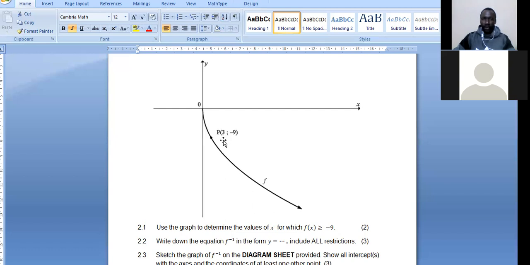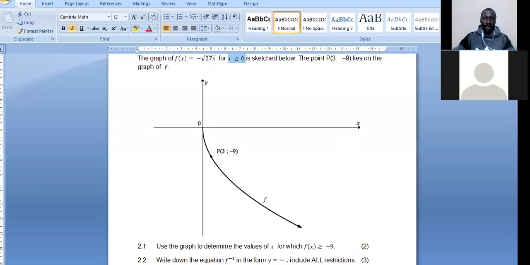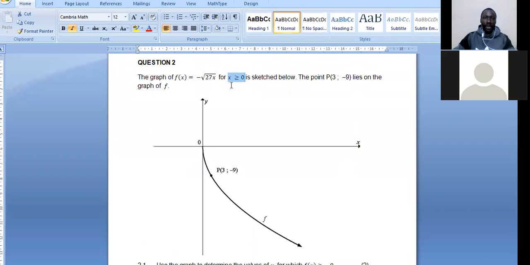So in general, the values of x that will make the function greater or equal to -9 will be the values of x starting from 3 getting to 0. Now, we are not going to include values less than 0 because the definition here is that x for this function starts from a value which is either equal to 0 or